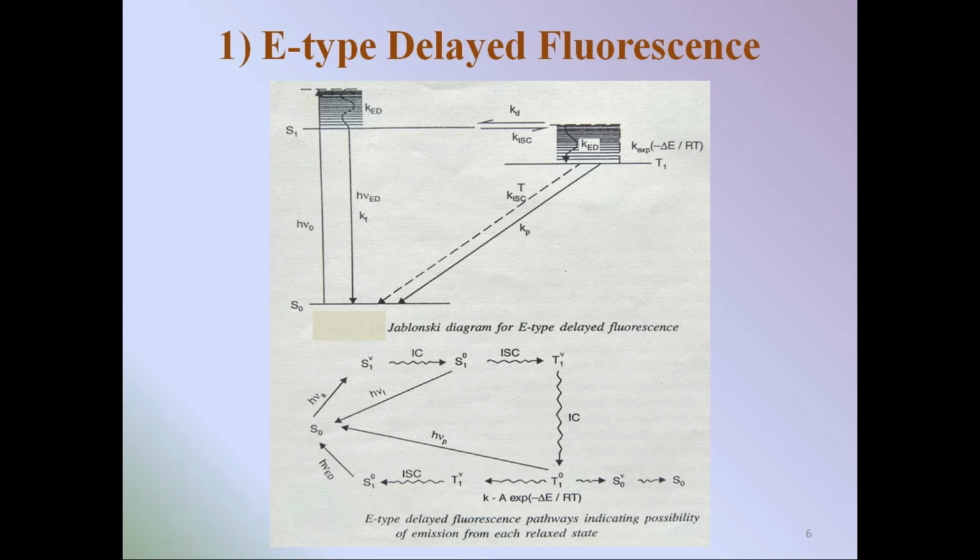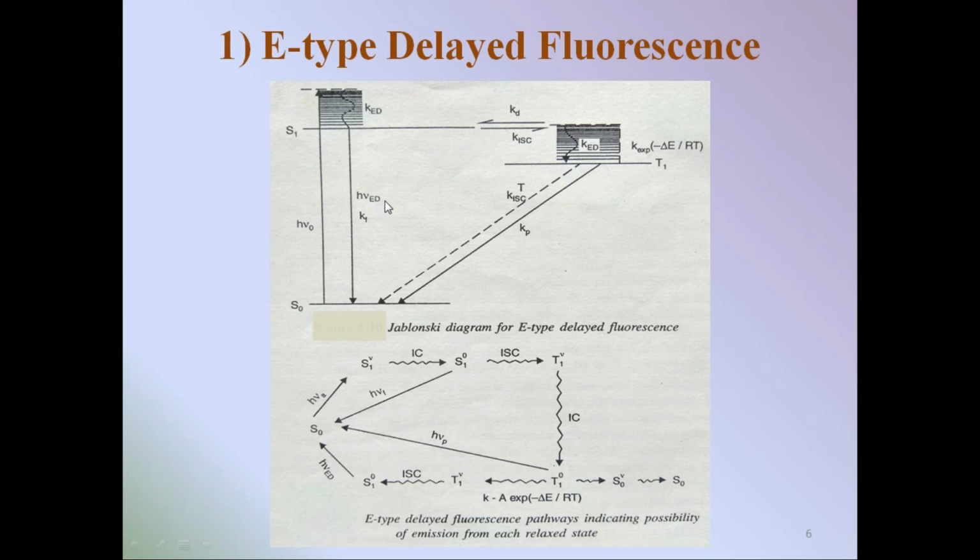Means the molecule which was transferred to the triplet state comes back to the excited singlet by using thermal and vibrational energy. Once it is back in the singlet excited state S1, there is a subsequent return to the ground state by a radiative process, that is, from S1 to S0 with the emission of radiation. This radiation process is called